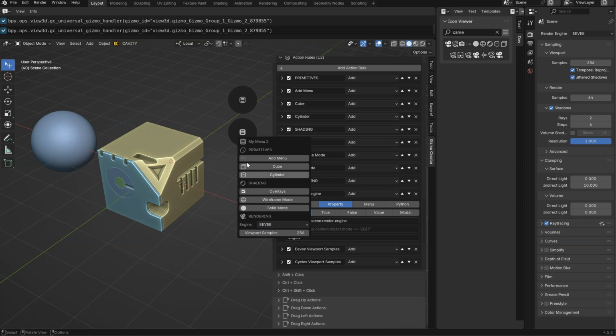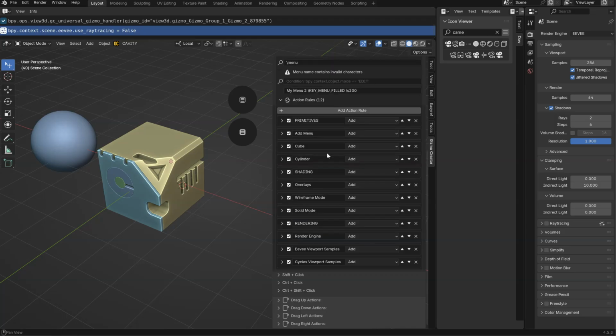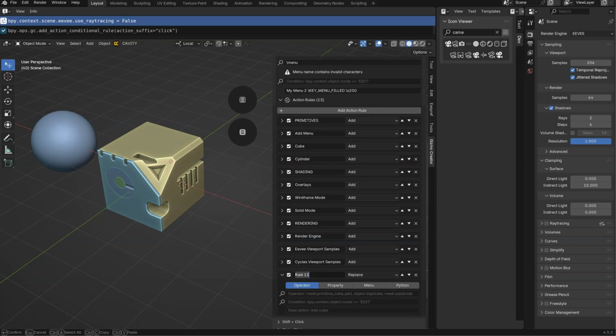So I don't want to add all the possibilities to make your menus. It was just a test for now. But as you can see, this is already pretty nice, and you can add the settings you want. Let's activate the Raytracing just for fun. Let's do that. Let's add a new rule. Add rule. Let's name it